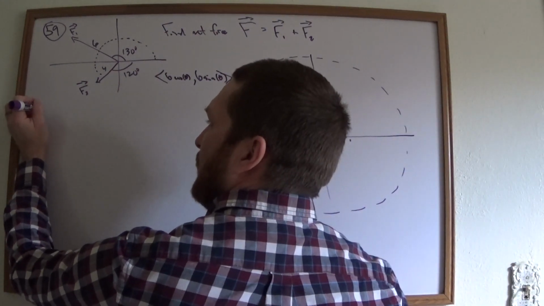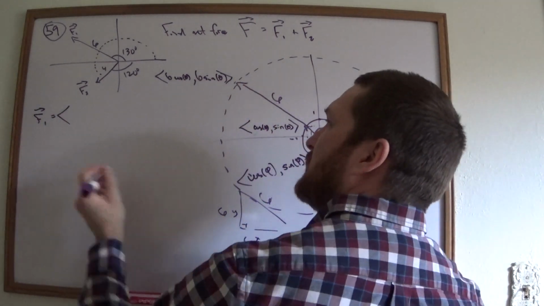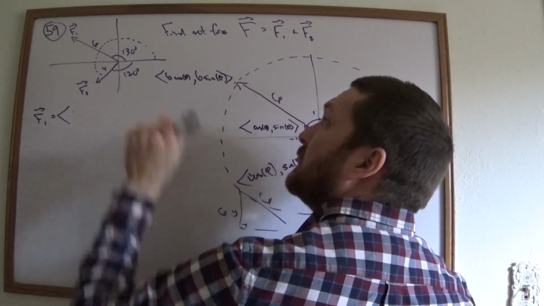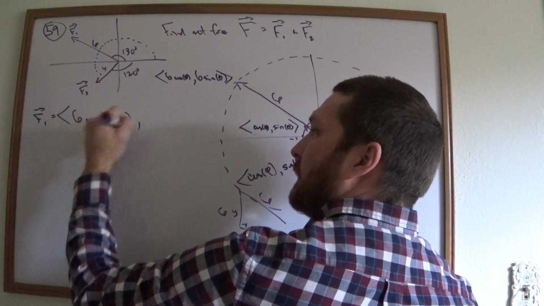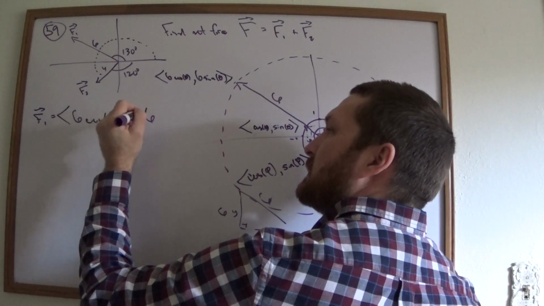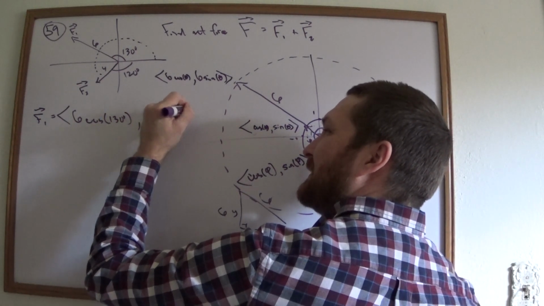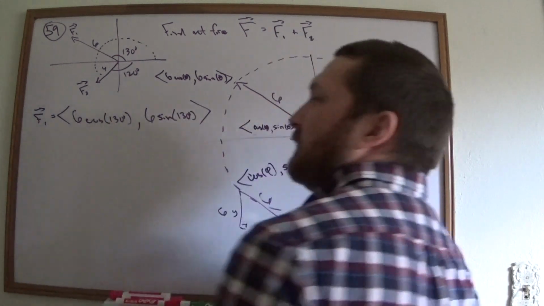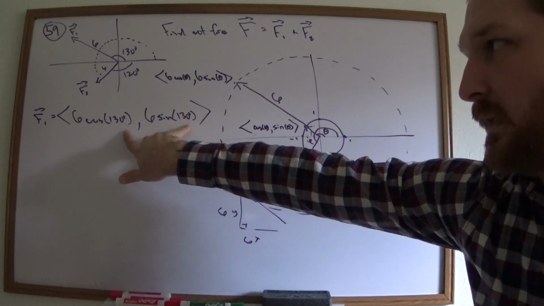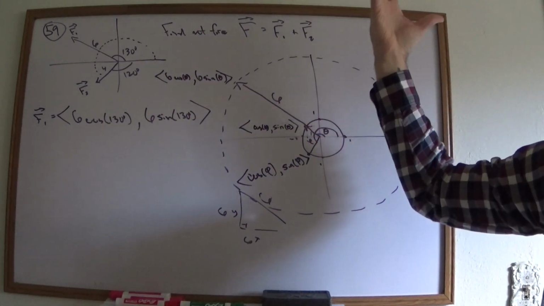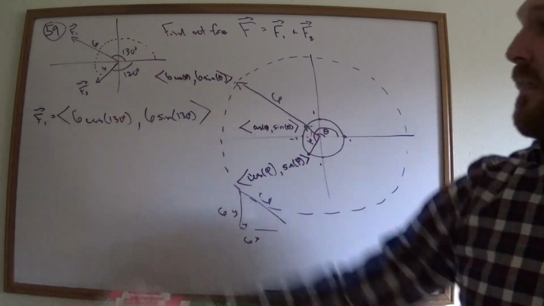So you guys tell me, what's F1 as a vector? 6 cosine 130, 6 sine 130. Yeah. That's it. That's what I'm looking for. That is all, because we don't have calculators. I don't care what those evaluate to. That's the answer. So if we could get the other one in this form, measure that guy around that way,